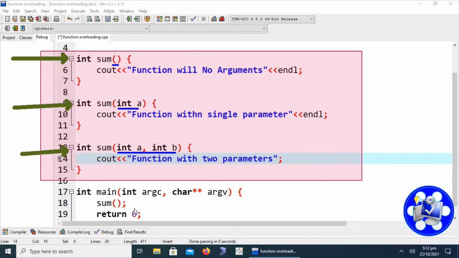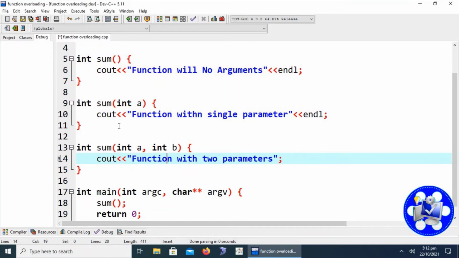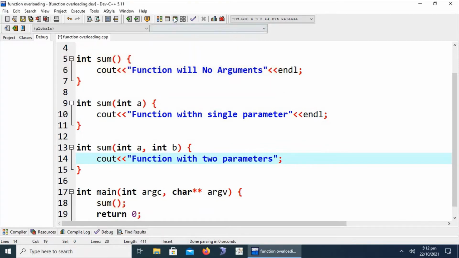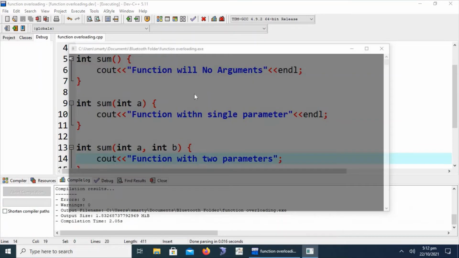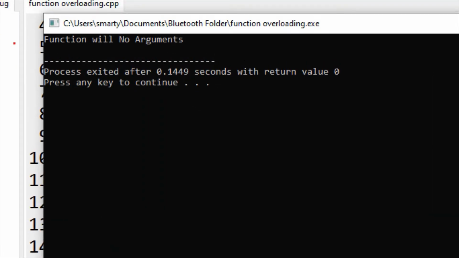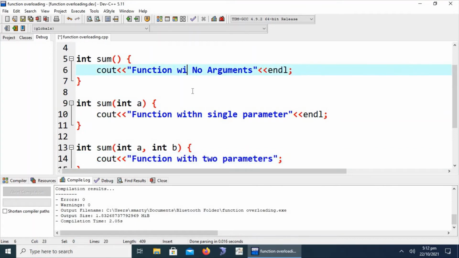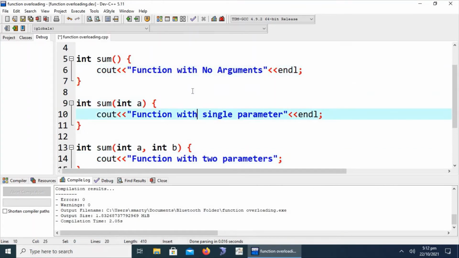And if we monitor this statement, this is the function call, and the call is placed using empty parentheses. That is why we are not providing any parameter in the function call. It will call the function which has no parameter because it matches the call of the function. Okay, let's execute this project, compile and execute. We can clearly see that it is written "function with no parameter." Here we have to write it with; this is a clear typing mistake.